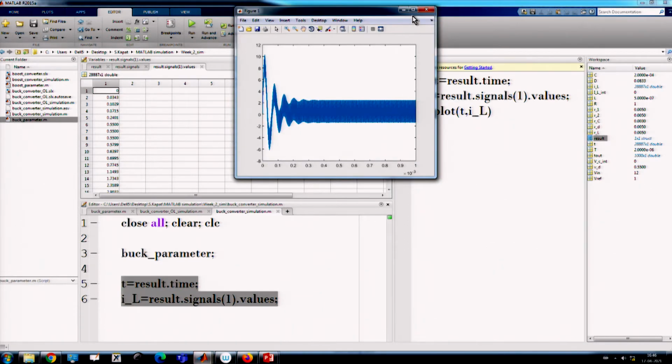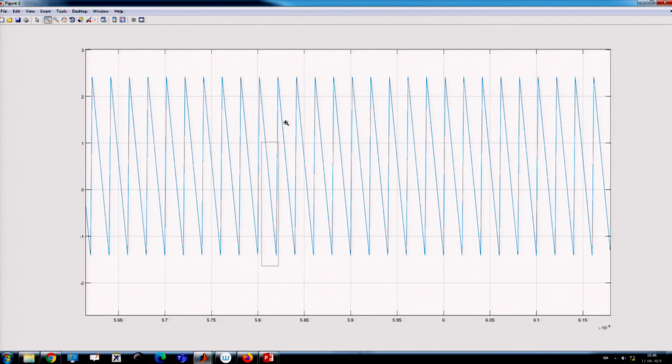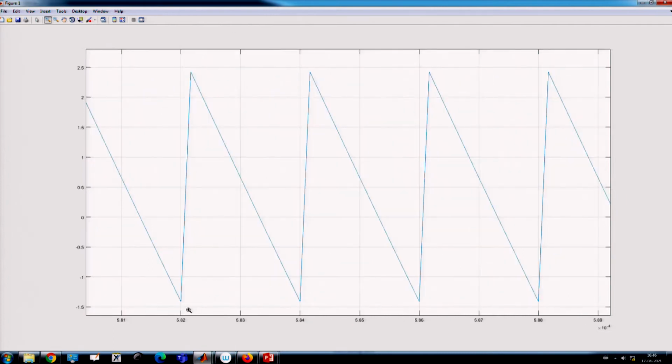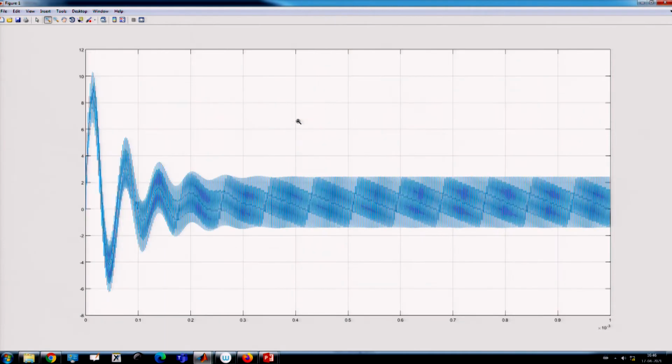Yeah, this is a plot. Now, we can create a grid here, and we can see the inductor current waveform, and so on. So, this is our inductor current waveform of a buck converter, where the duty is very low. Okay. So, you can call this waveform.